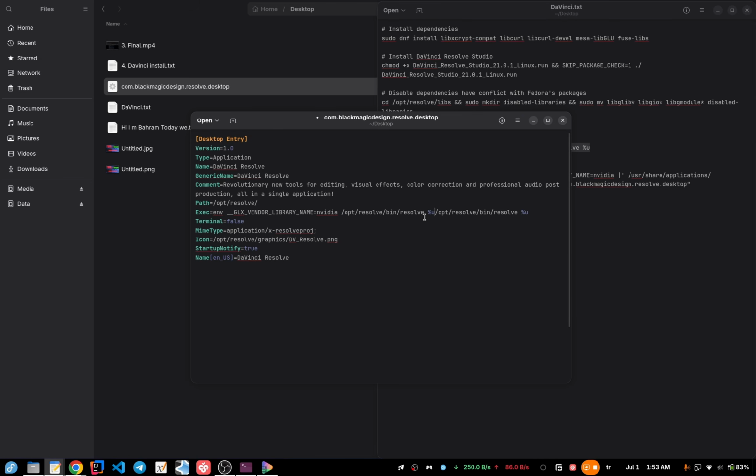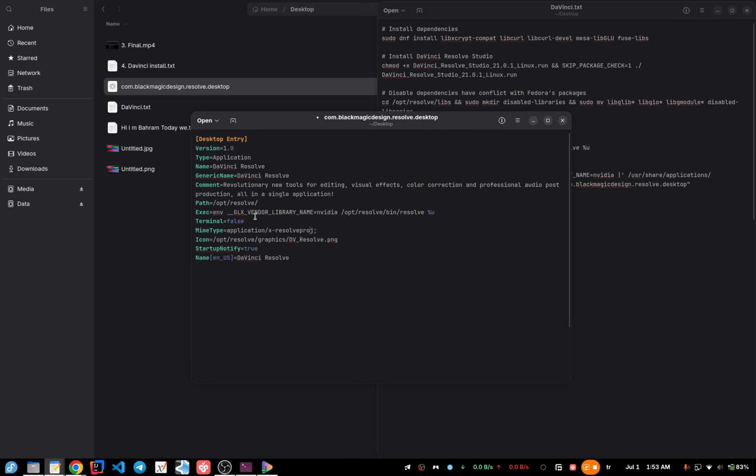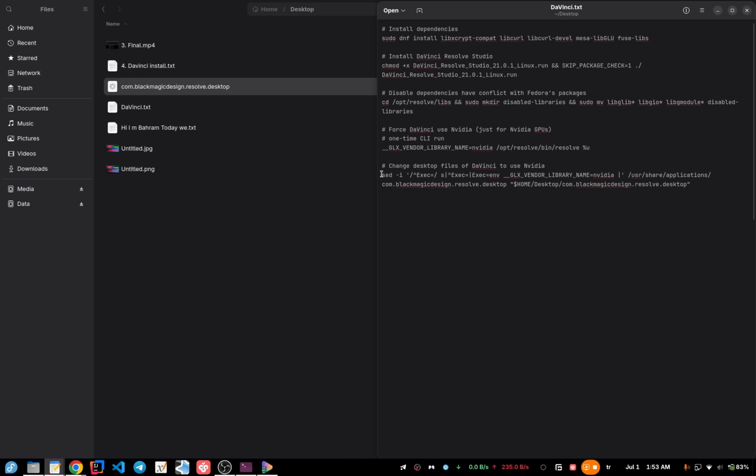Also, we could just run this code and it will run directly on GPU, but we could just change this, or we could discard this and I don't save this file, and I wrote this command